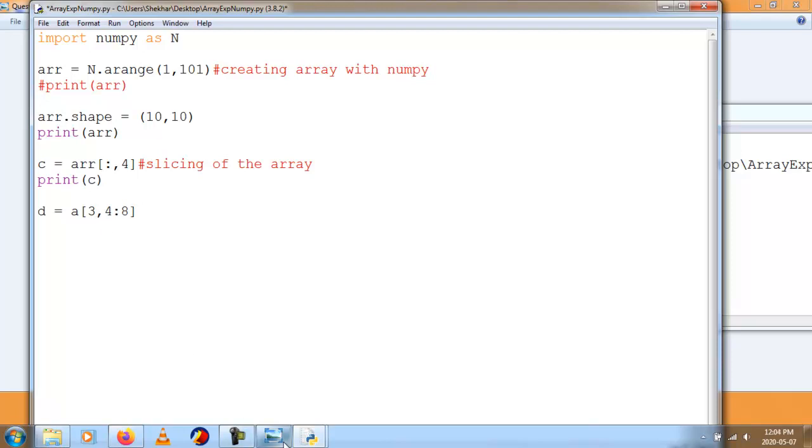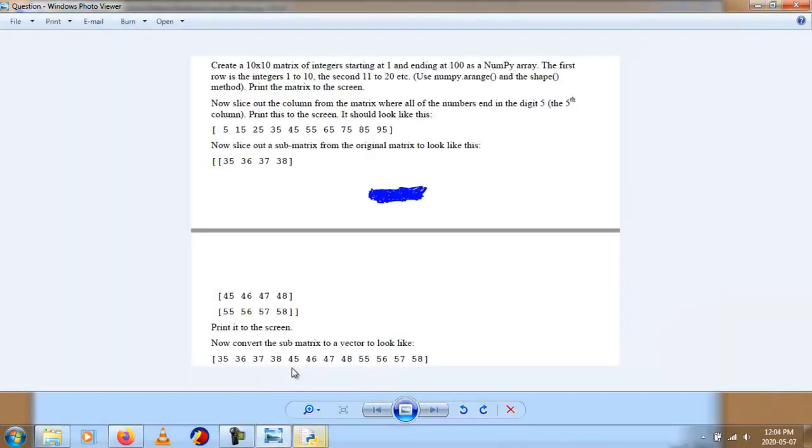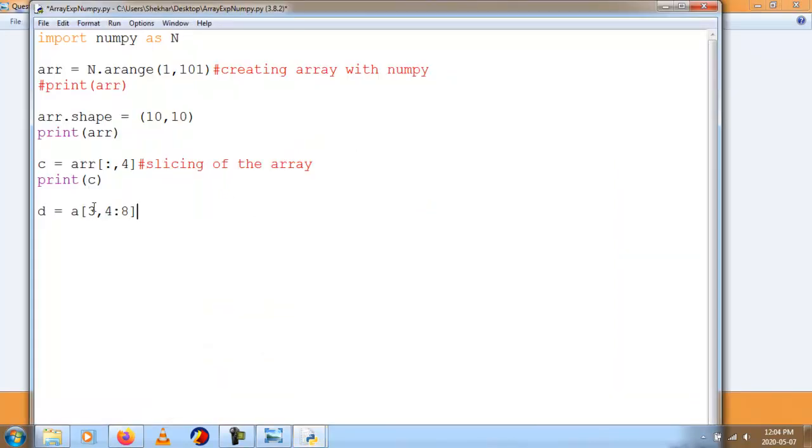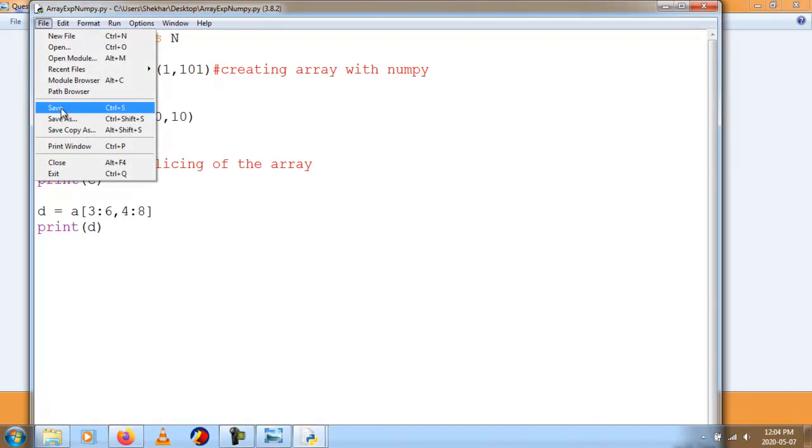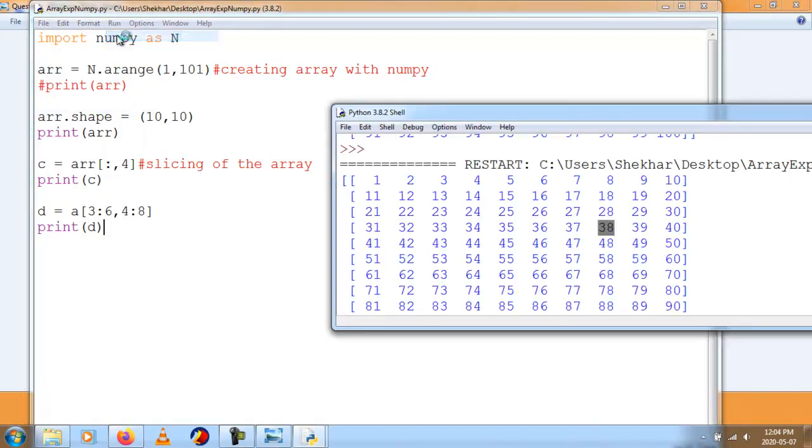But how many rows do I require? Third row, fourth row and fifth row. 3 rows. So for that I will modify that code. 3 to 6. 3 rows. Now I will print D. Now I will check what our output is. Save and I say run module.